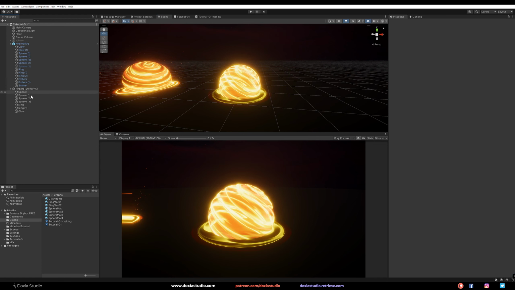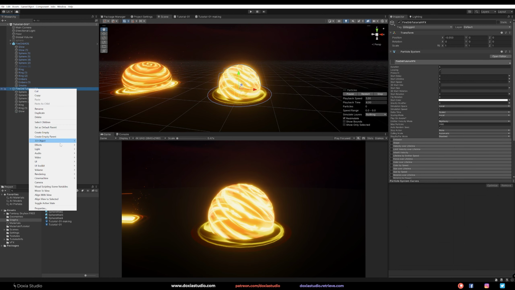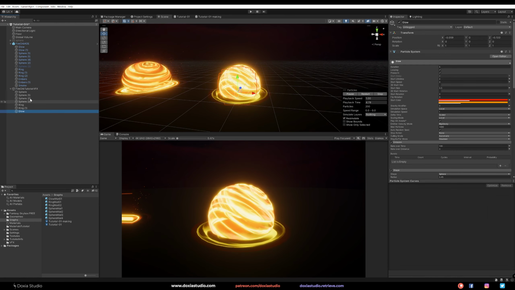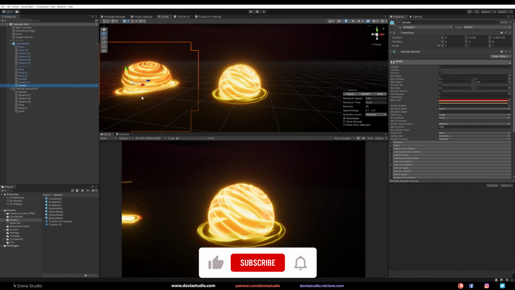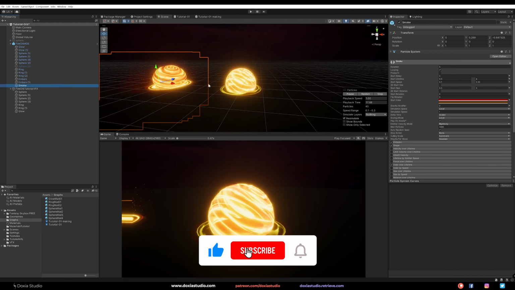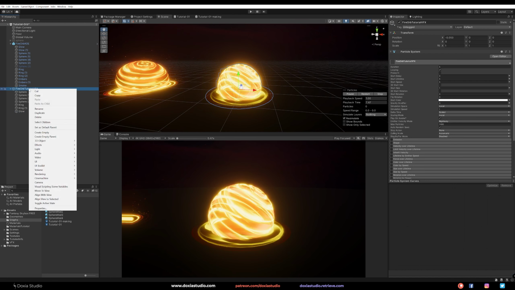And then for the embers, this is a really cool one. So let's create another effect. Before going there, the smoke is really the same as the glow, but I have a little bit of speed so it can go outside our sphere. So for the embers, let's go and create another particle system.